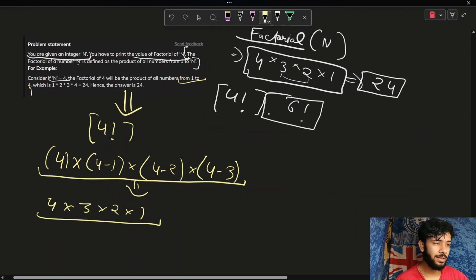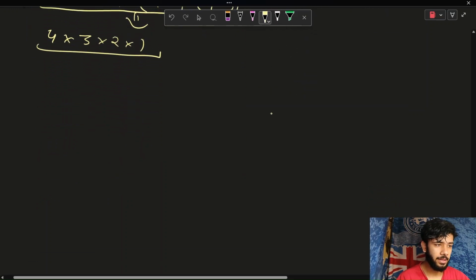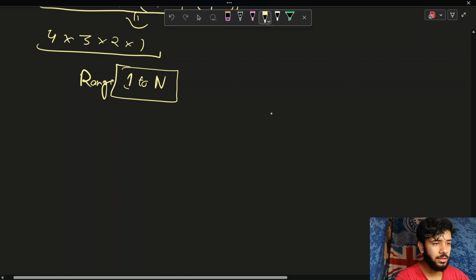So that's what we will be implementing here: first of all, the product of all numbers from 1 to that number n. So we got a limit, or we can say the range will be 1 to n. n is the number which they will be giving us. So for the recursion,